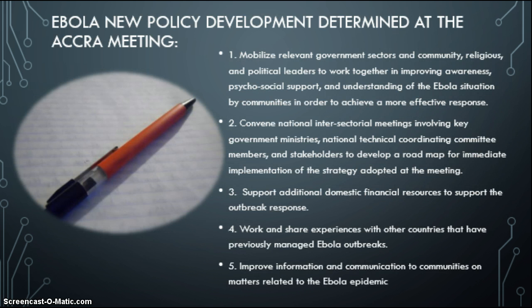Ebola new policy development determined at the Accra meeting. If policy development could be improved in the area of health environment treating, Ebola may not have the opportunity to affect populations. Taking better precaution when coming in contact with infectious persons could have prevented some of the deaths. Wearing proper protective gear from head to toe and disposing of clothing, equipment, and tools. Many of these things are taking place, but it should always be about the safety and the well-being of yourself